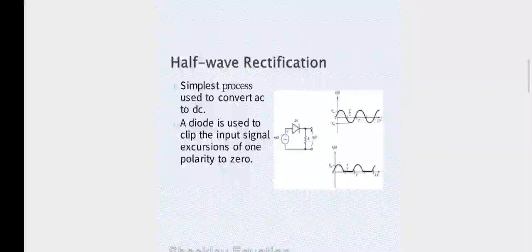From the diagram, you can easily understand the diode is connected with the power supply. It conducts for only one half of the full cycle of the AC supply, which consists of a positive half cycle and a negative half cycle. In the positive half cycle, the diode is in forward bias condition, so it will give an output. In the negative half cycle, the diode is in reverse bias condition, so it will not give any output. So we get only 50% of the output. You can easily understand the concept from the waveform.